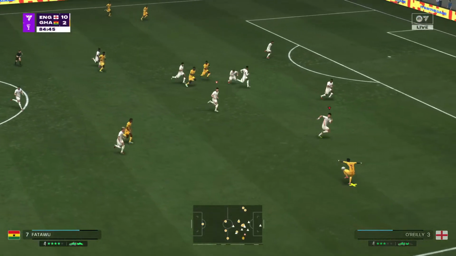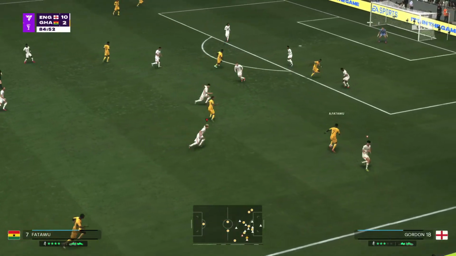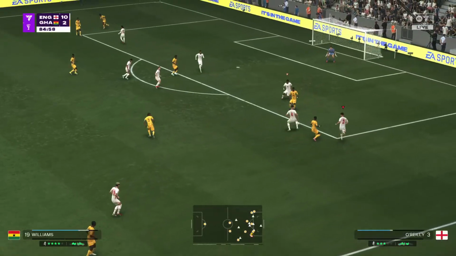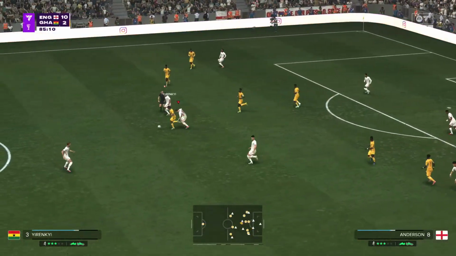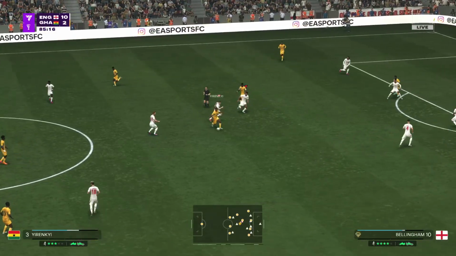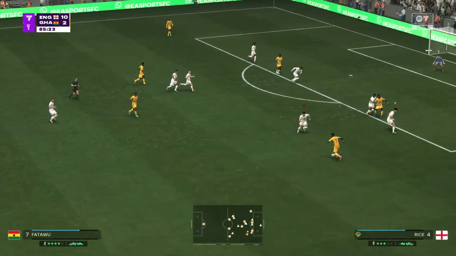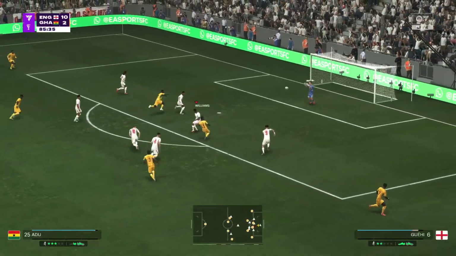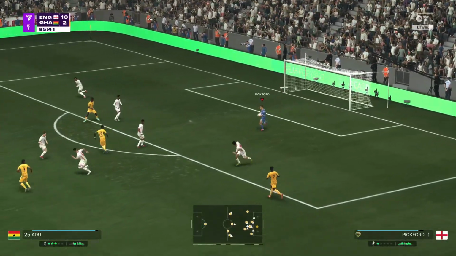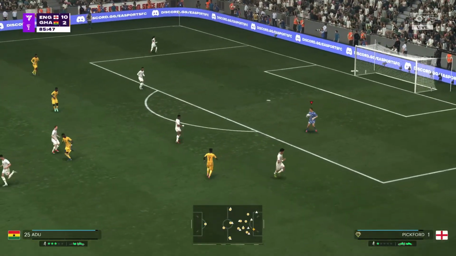Oh, tremendous vision. Oh, a tremendous block. Will it happen for them? Takes aim. Taken by the keeper without any fuss.